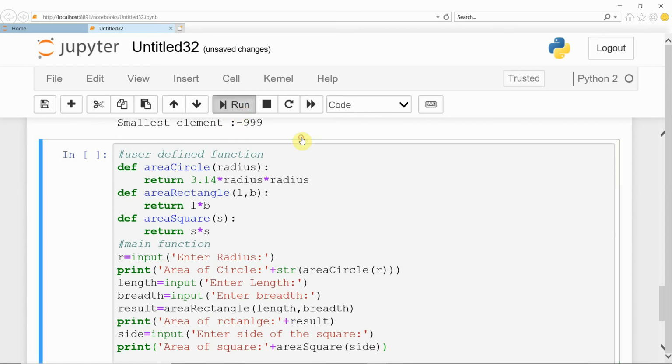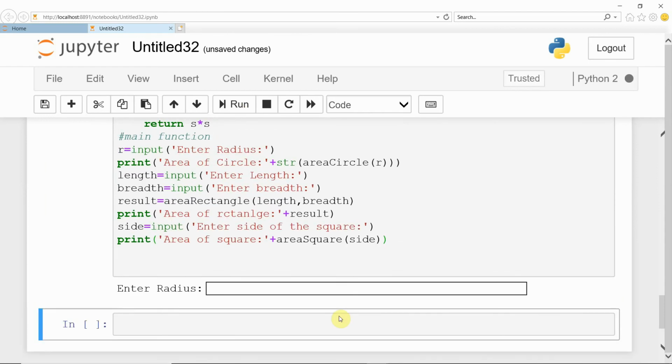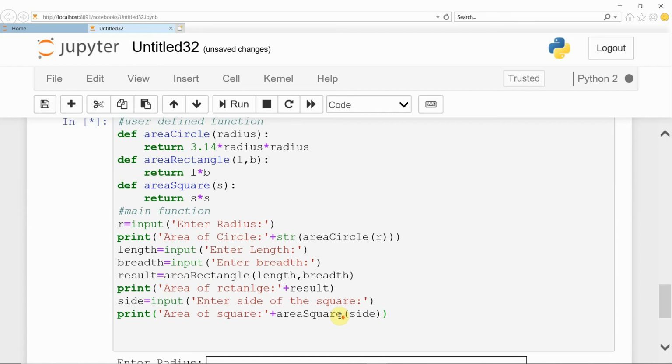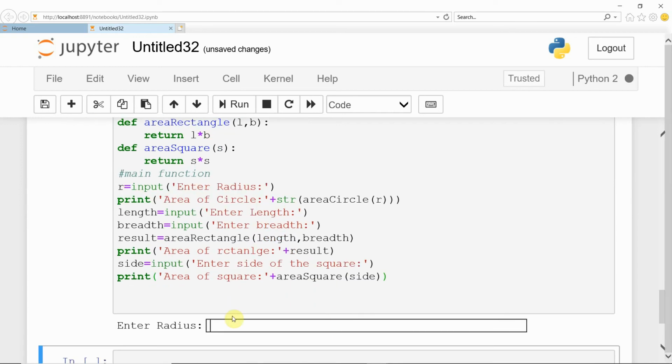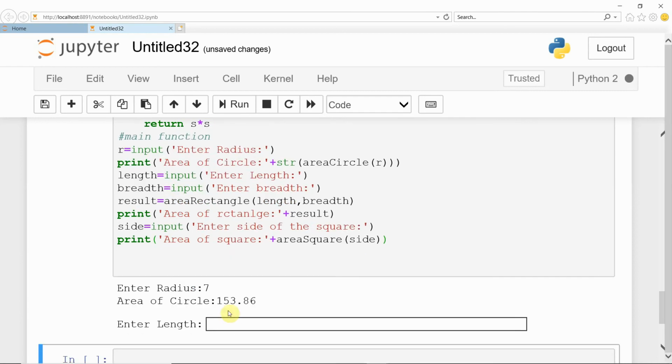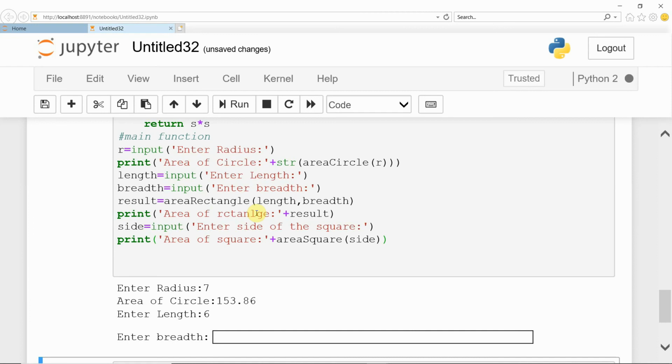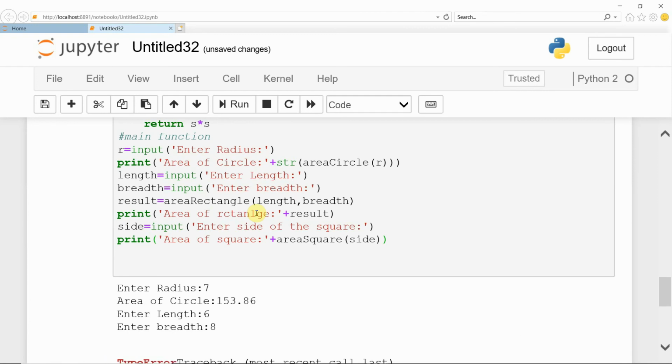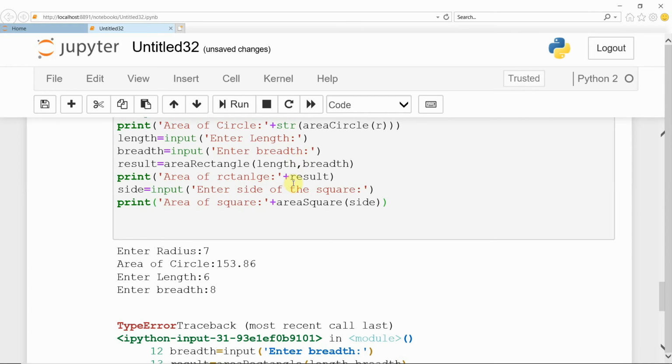Now if you run the program, according to this program it is first asking the radius. Enter radius as 7, and it displays the result of area of circle. Now for finding the area of rectangle, it is asking length and breadth. You know that the result is an integer. It is required to convert the integer into string.